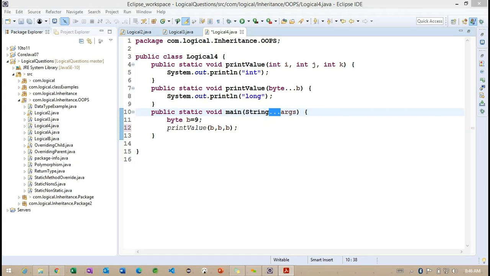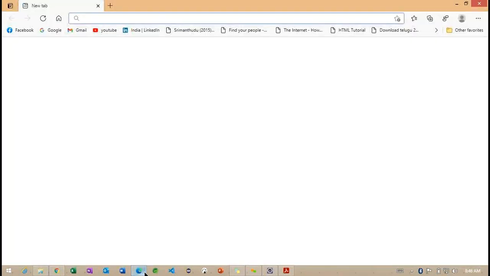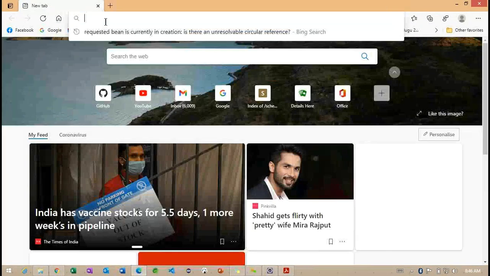Based on this simple example, these are the main things. We don't have many examples related to this particular OOPS principle, so let me check if we can find any in Google.